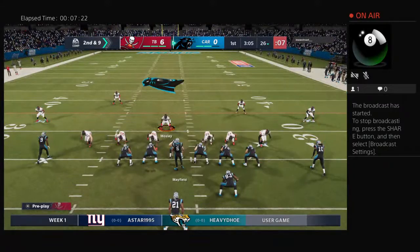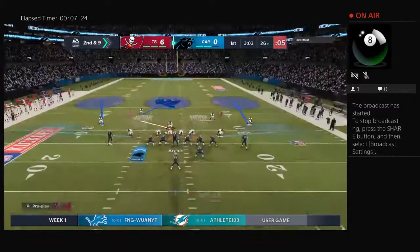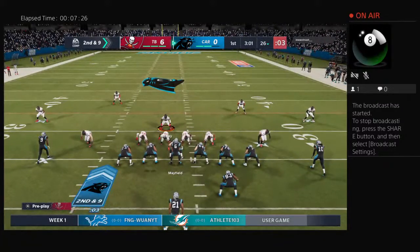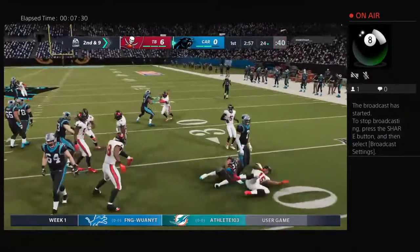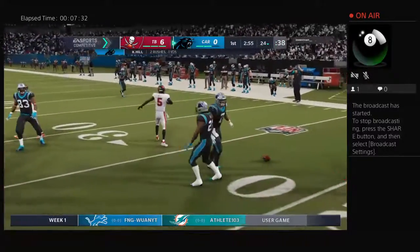The last play got just a yard. Here's 2nd and 9 from the 26. Now a handoff looking right. And he will lose yardage and be backed up to